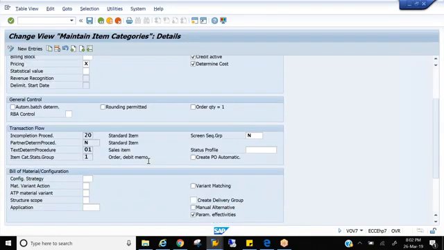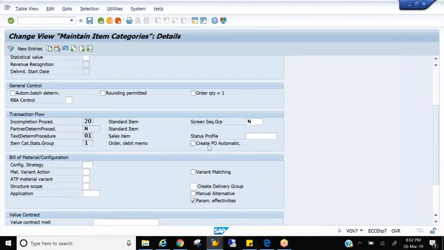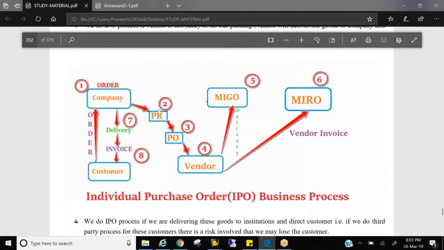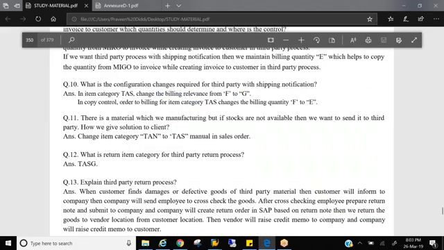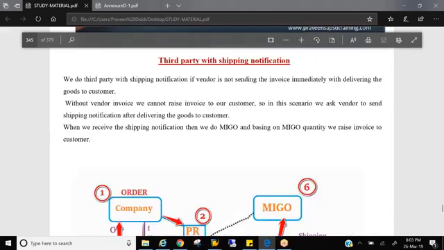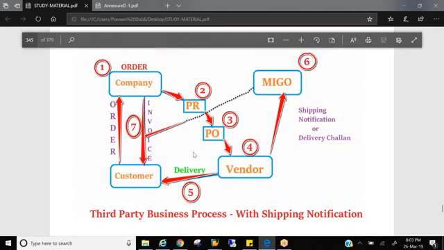So the next is create PO automatic, this field create PO automatic. So what is this create PO automatic? Why do we need this? If you see the processes, in the IPO process we are triggering a purchase order to a vendor, right? In the third party process also, whenever you create an order, as we don't manufacture that product, we automatically trigger a purchase order to the vendor.